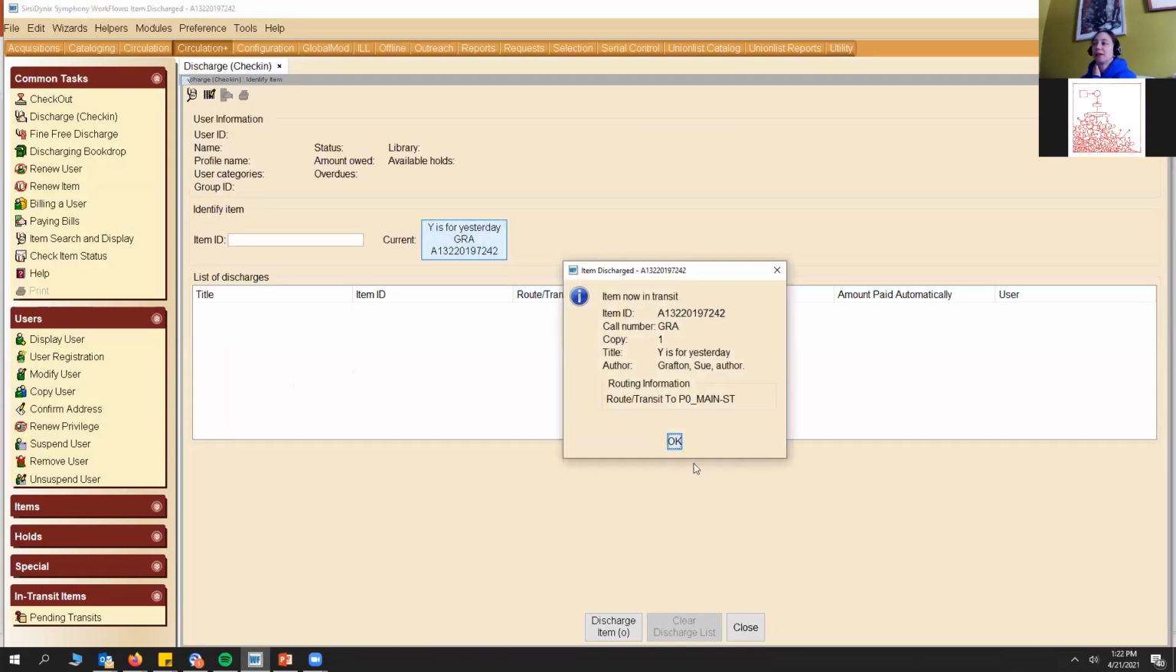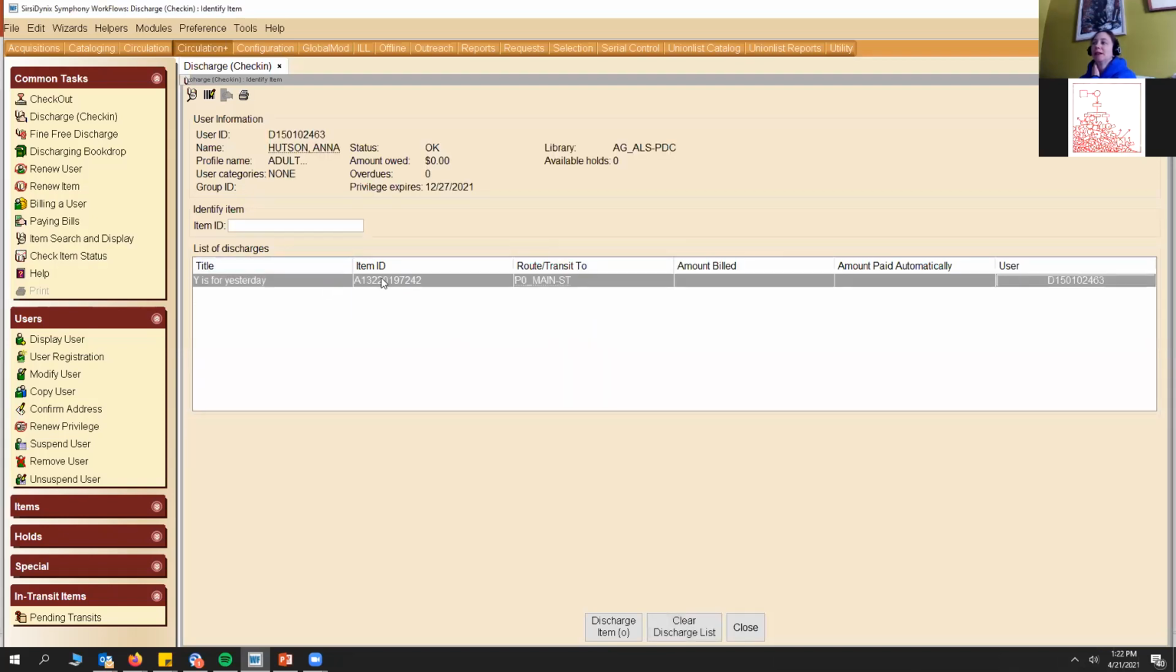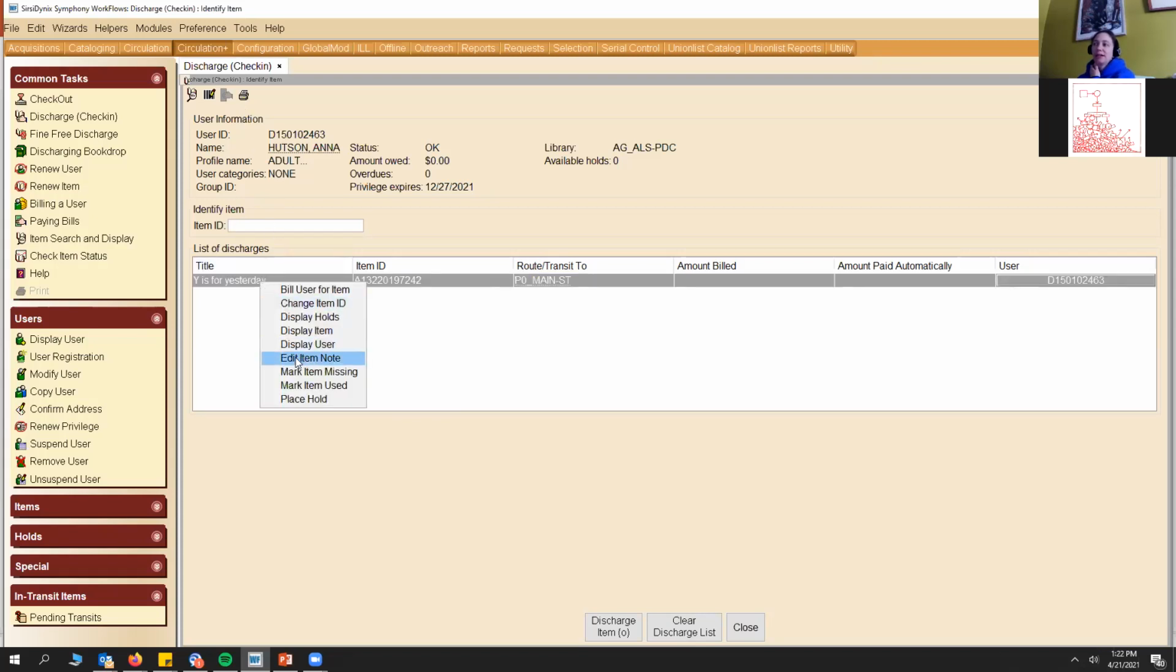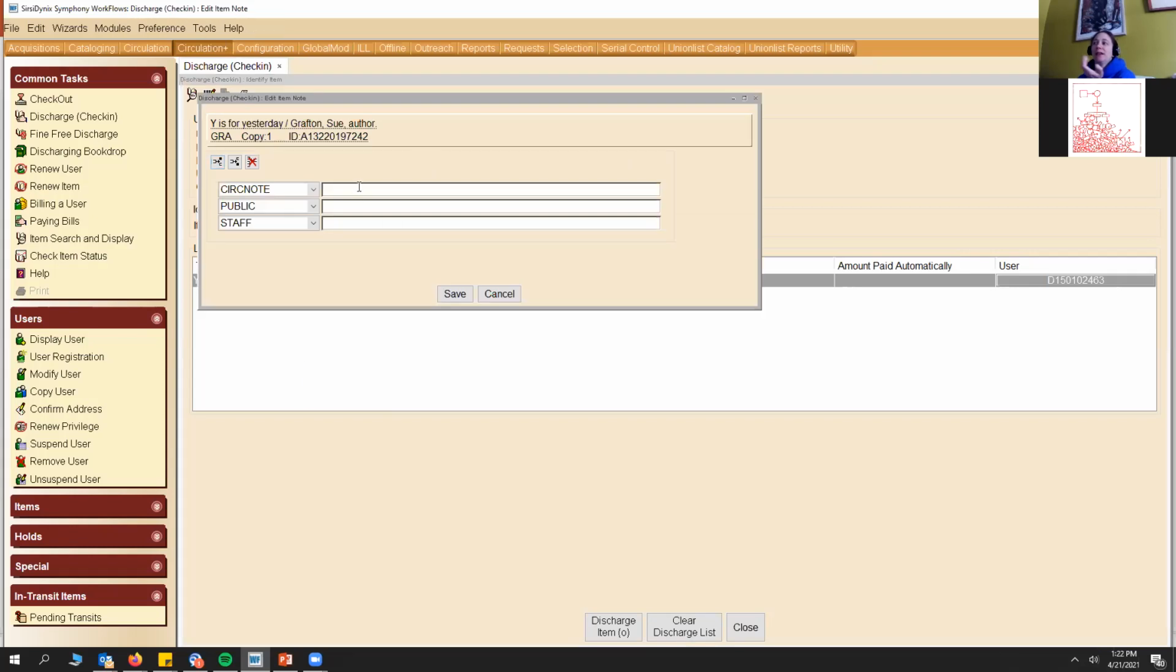Let me discharge that from my account. Yes, route to main. One thing about this is if you ever are in the position of needing to add a note about damage to an item, maybe it came to you in delivery and you're discharging your delivery and you want to add a note that the cover was torn before you check it out to your patron, this is where you would want to do it. So let's pretend this came in my delivery thing. I just right click it and say I want to edit the item note. And then this will allow me to add a note that said,